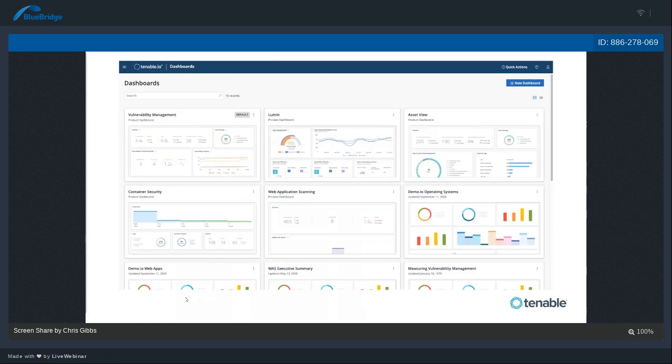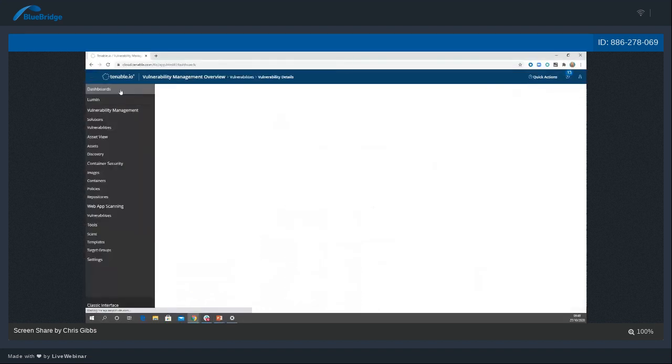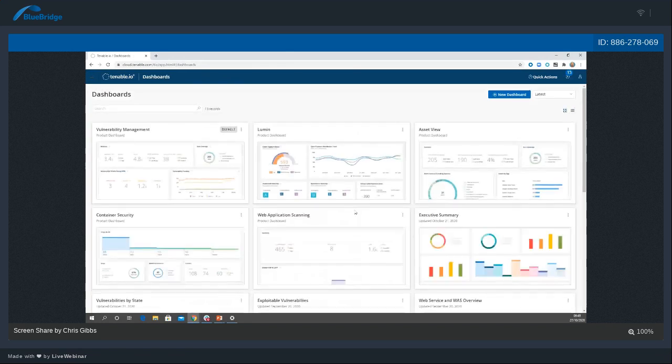I showed you Lumen earlier on. This works very well in C-suite kind of situations where the business needs to understand the overall risk rather than each vulnerability, for example. Then we have things like the container, the web application, custom dashboards that you create, dashboards that can help us mitigate by measuring how we're doing from a remediation perspective. Mitigation summary dashboard, for example, is a really good view around that, right? So if I just come down to my mitigation summary,